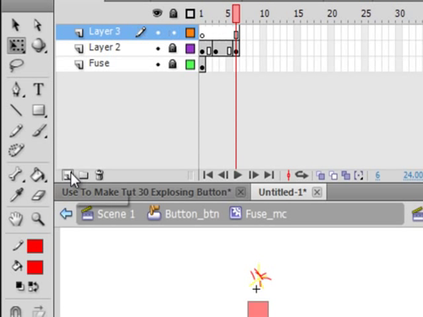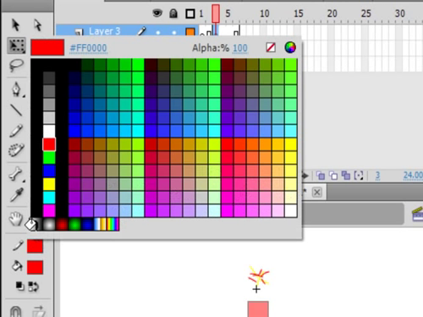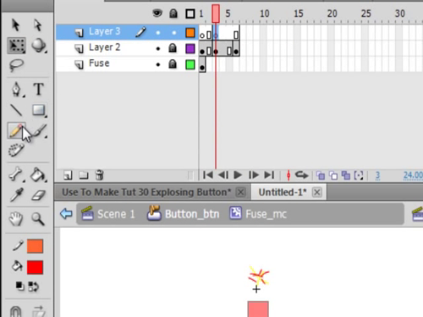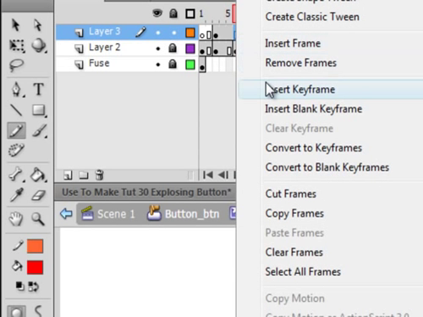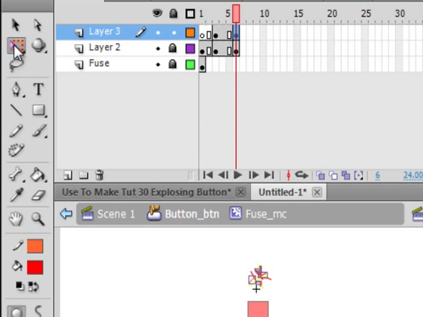Going to insert a layer, and somewhere here-ish, going to insert a blank keyframe or a keyframe. Make sure the other frames are locked, and again pick up my pencil tool, pick up some orange color, and put some orange pencil lines in this one this time. Some orange is in here. Then come up here, insert keyframe, pick up the free transform tool, rotate it,